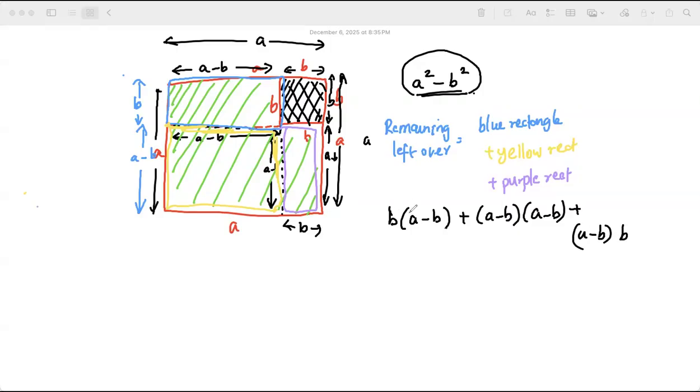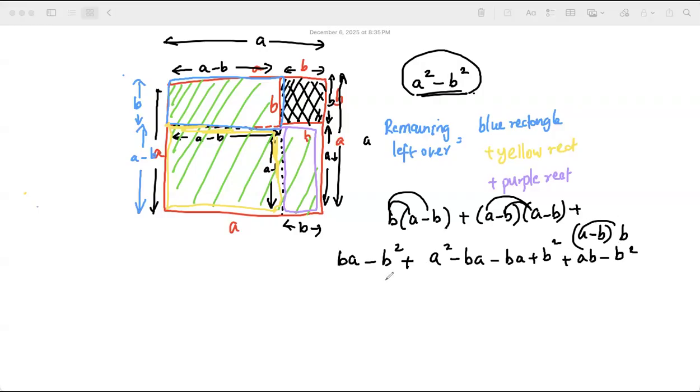Now I'm going to add everything. I'm going to multiply and add everything together. BA minus B square plus A square minus BA, and then minus BA plus B square, and then you have AB minus B square. Can I combine them? Yeah, minus B square gets cut off, plus BA minus BA get cut off, and then minus BA plus BA cut off. See, what is remaining is,